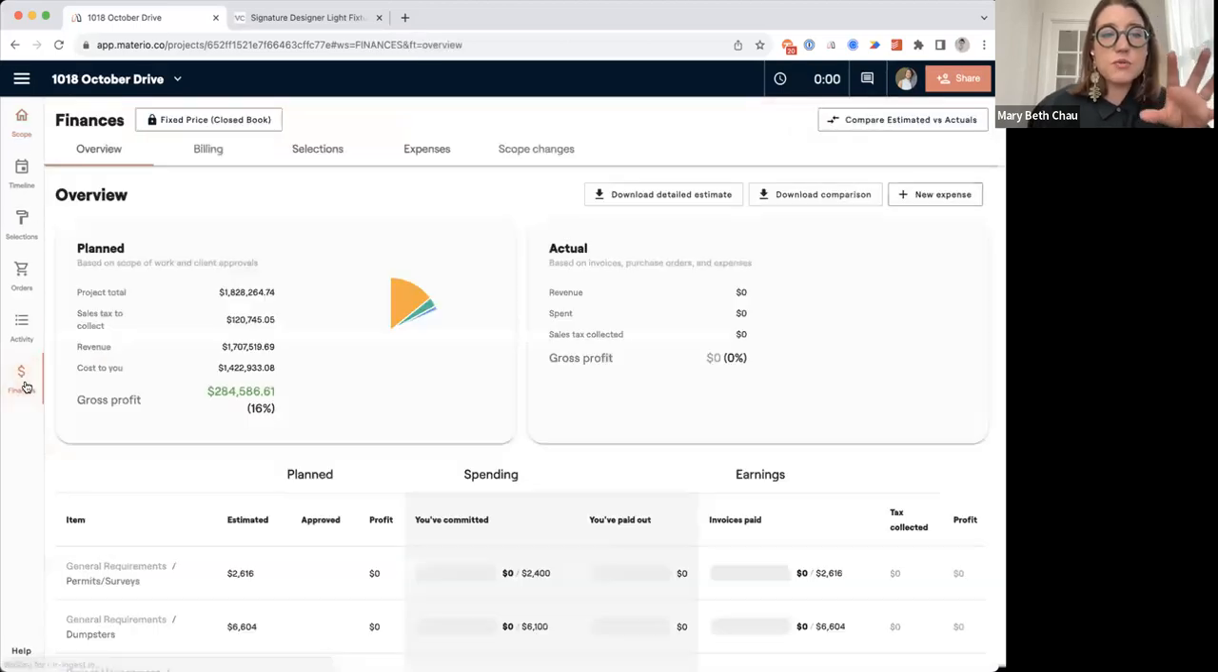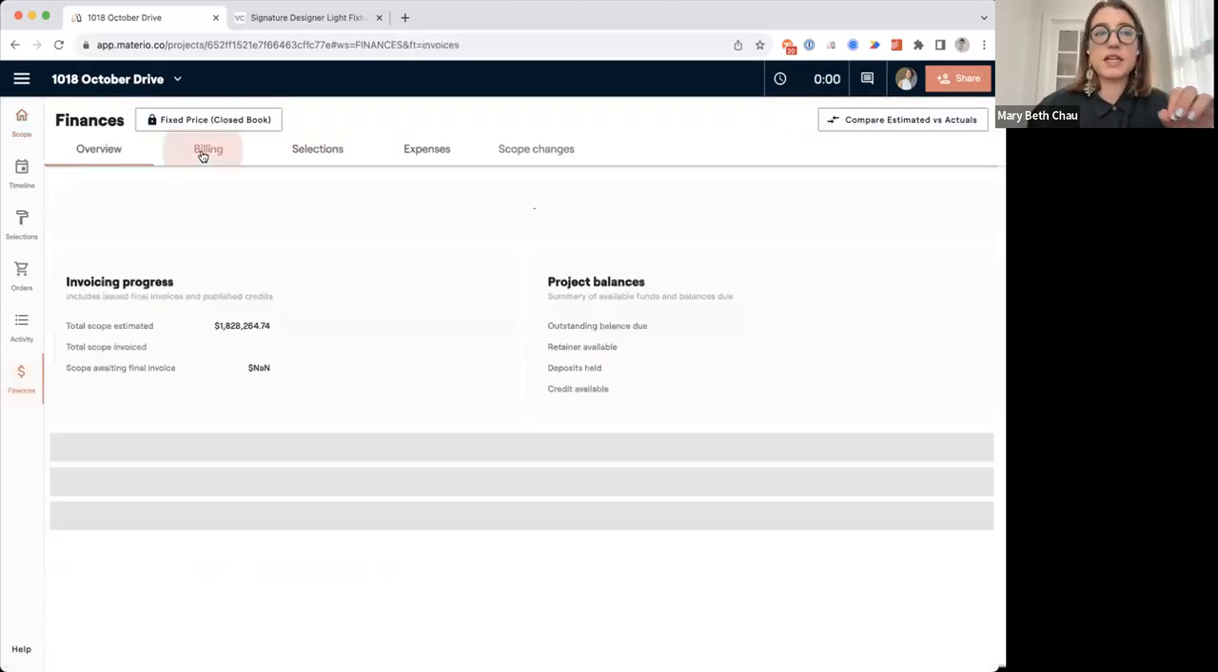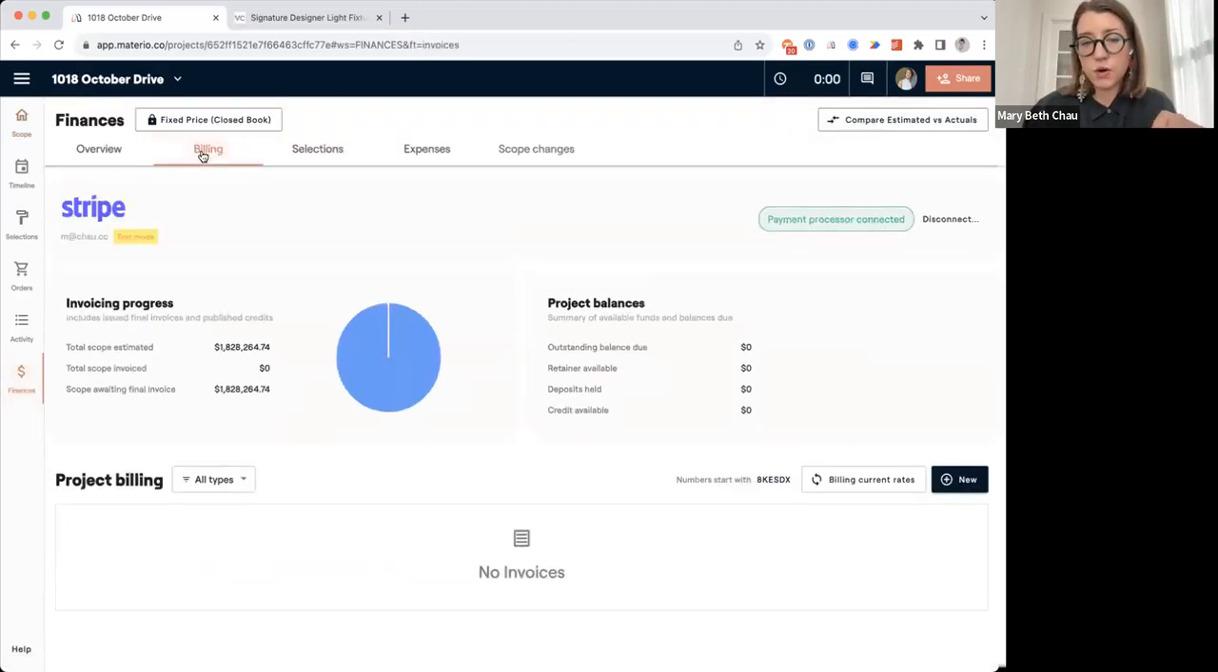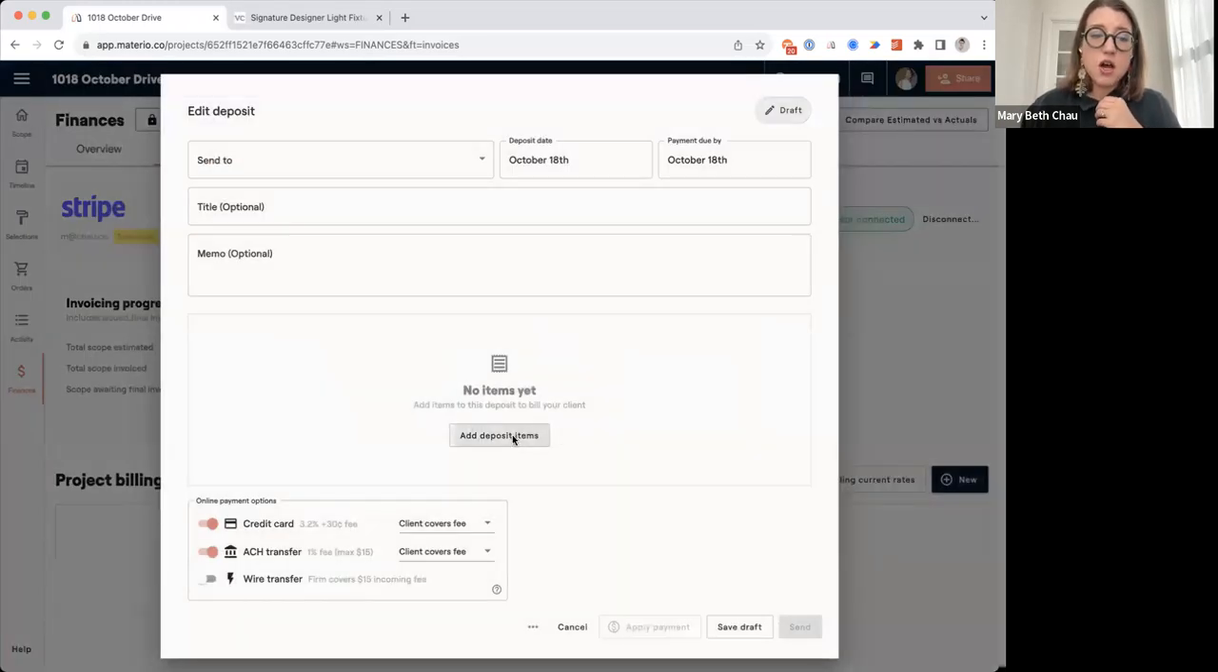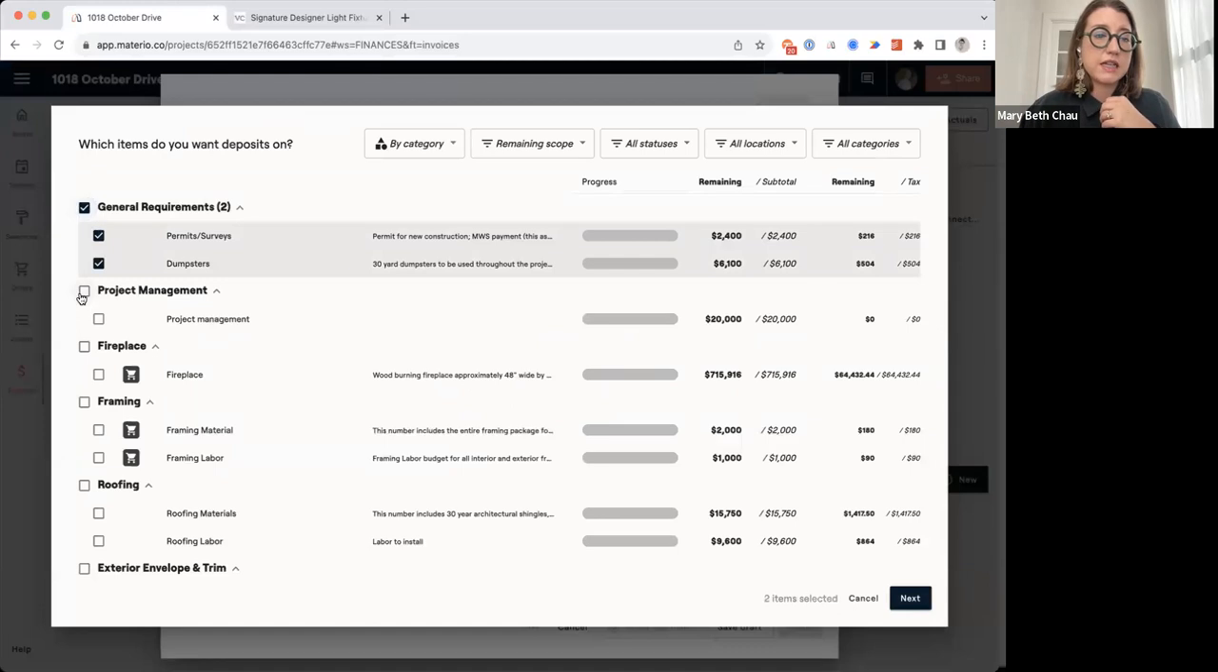Now, let's dive into how you might collect payment at the beginning of a job. Depending on how you work, there are going to be a few ways you can do this. Oftentimes, at the beginning of a project, you might be collecting a deposit on the scope of work. And in Materio, we're keeping track at an item level of what you are billing and what needs to be billed out. So in this case, I'm going to collect a 25% deposit on the work that is going to